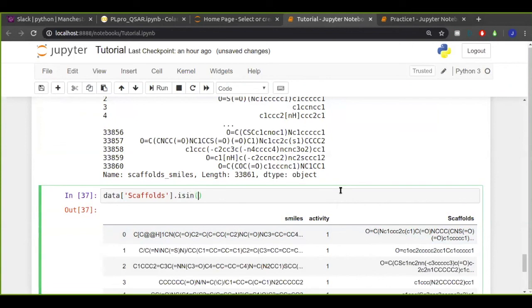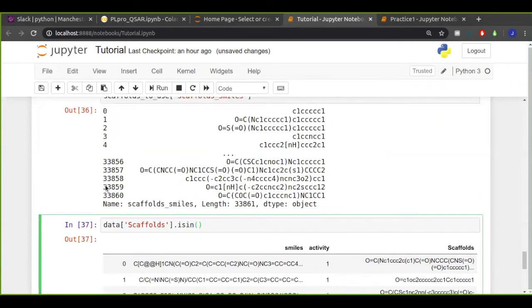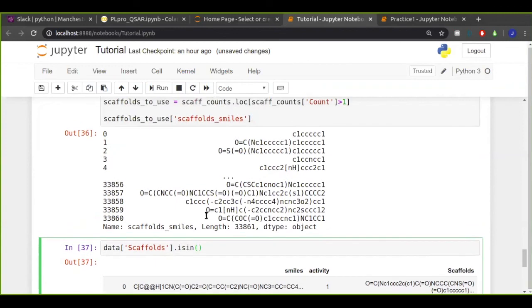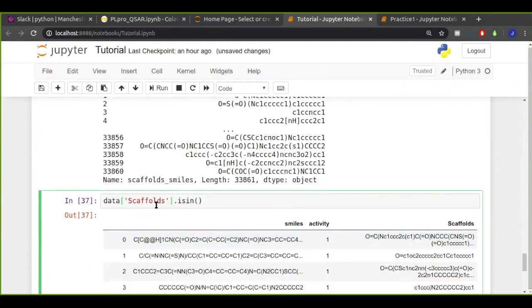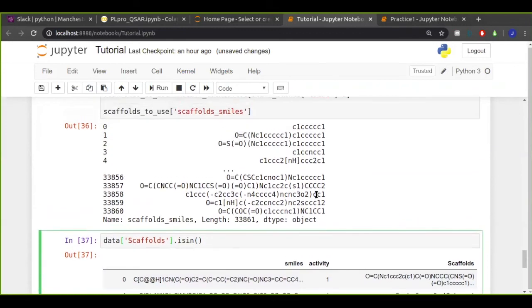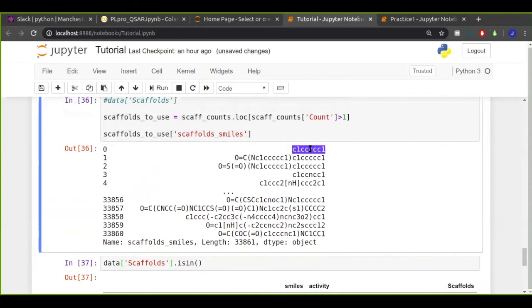I'm going to use this function called isin, which is pretty useful for doing lookups like this as well. In this case, it doesn't matter that the lengths of what I'm comparing are different, but basically what I want to do here is take all of these scaffolds from the original data set and only return ones that are in the scaffolds to use variable, which remember is where scaffolds occur more than once.